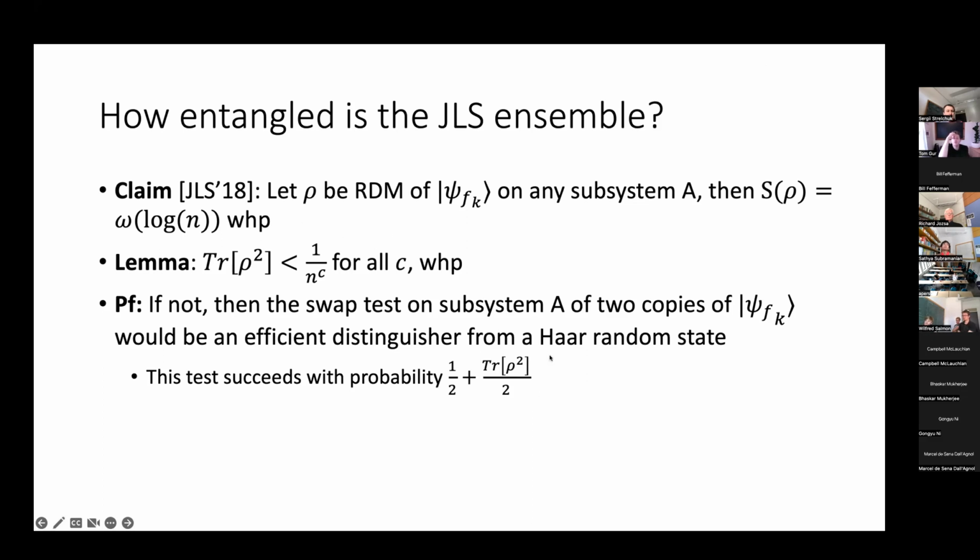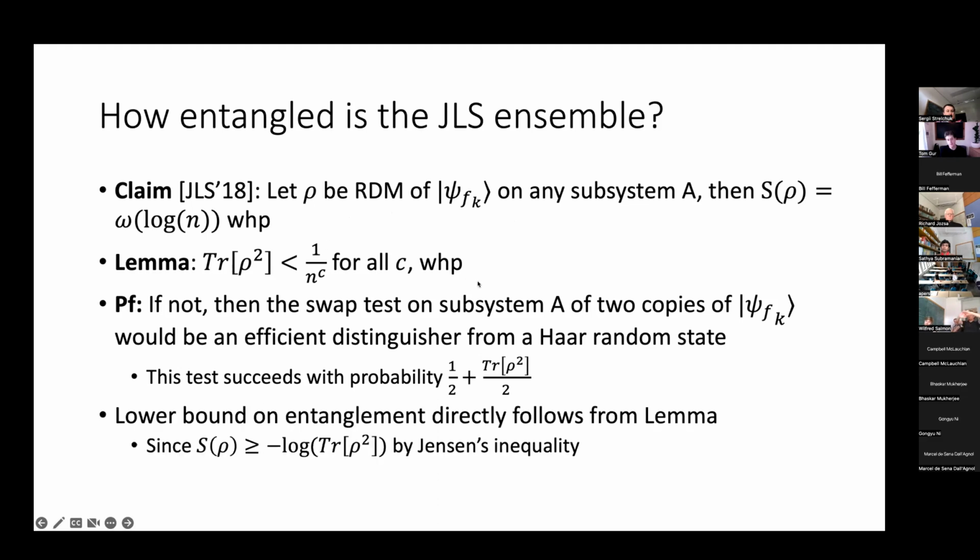The reason is that for a Haar-random state, this trace of rho squared we know to be inverse exponential with extremely high probability. So if the trace was much larger than that for this psi sub fk state, then we could distinguish it, because if the swap test ever accepts, we know that it essentially has to be the psi sub fk state. So this would be a good distinguisher if it were not for the fact that the trace of rho squared has to be less than 1 over n to the c for all c. And once you get that, the lower bound on the entanglement entropy directly follows from this lemma,